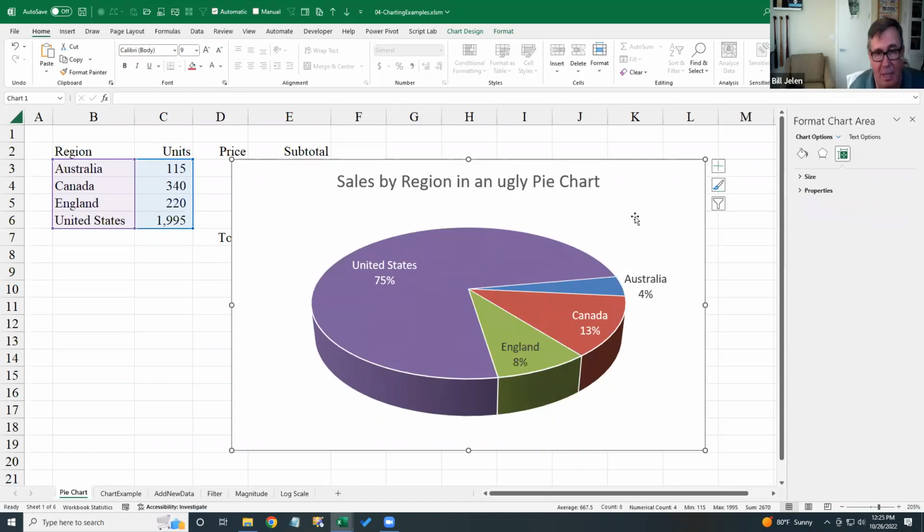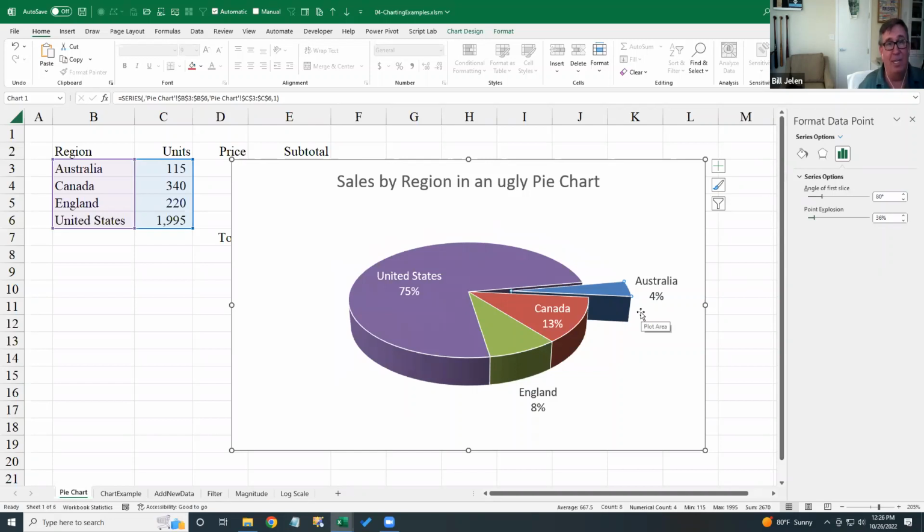Okay, so let's just click once on the pie. And when I do that, I can see that there's a dot at every corner of each wedge. That means that I've selected the entire pie. A second click on just Australia, and now I've selected that one region, right? It's a single point. And up here, I can even see it says format data point. All right, now that I've selected that one region, I'm going to do a point explosion and pull that one slice of the pie out a little bit. So if I know that today's meeting, we're going to be talking about Australia, this is a great way to go. All right, again, to do that, first click selects all the wedges, second click selects the one we want, and then you can actually just,